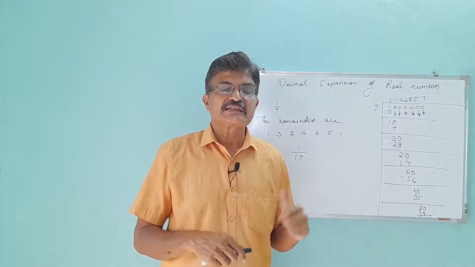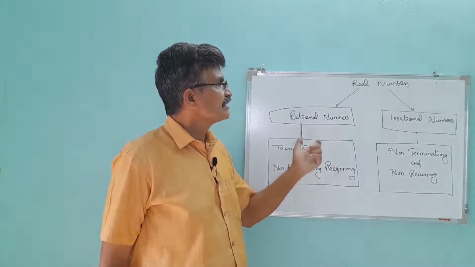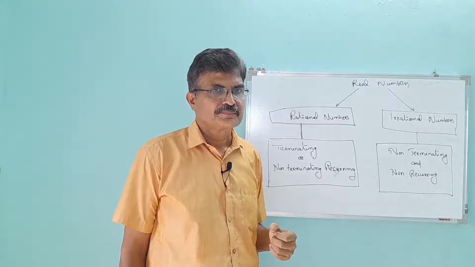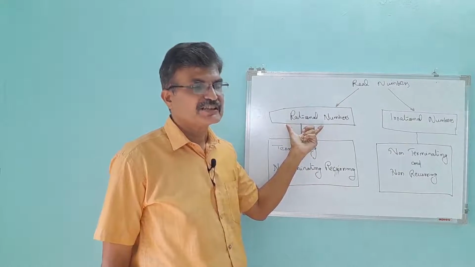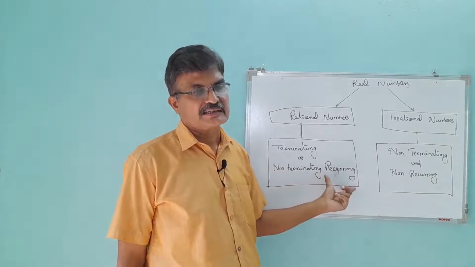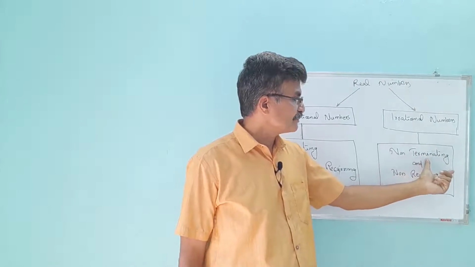Now we can define real numbers based on these terms. We have already studied that real numbers are either rational or irrational. What are rational numbers? Numbers whose decimal expansion is terminating or non-terminating recurring. So what are irrational numbers? Decimal expansion is non-terminating and